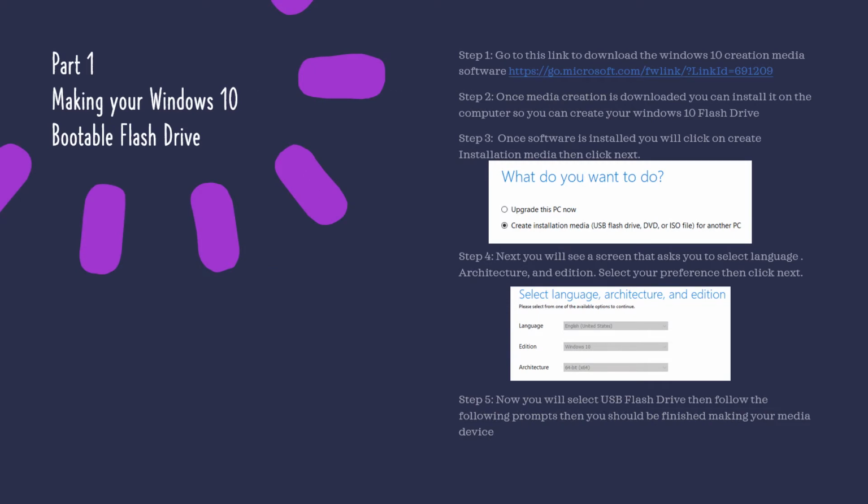Part 1. Making your Windows 10 bootable flash drive. Step 1. Go to this link to download the Windows 10 Media Creation software: https://go.microsoft.com/fwlink/?linkid=691209. Step 2. Once Media Creation is downloaded, you can install it on the computer so you can create your